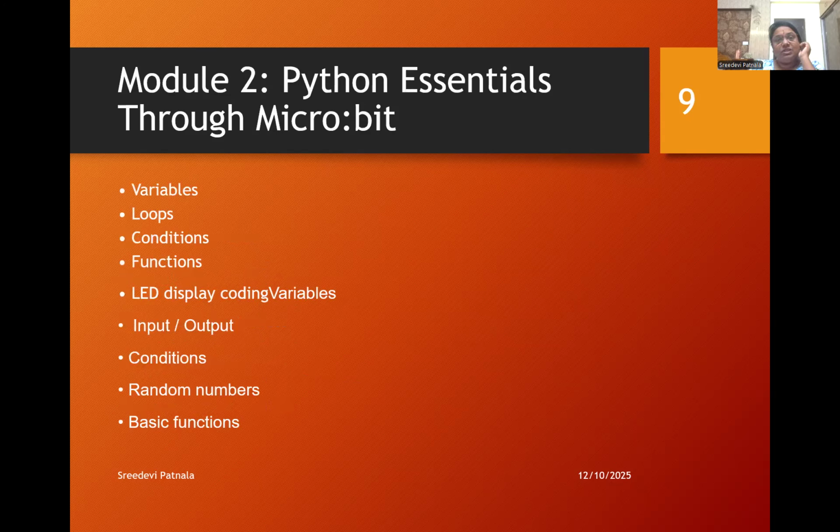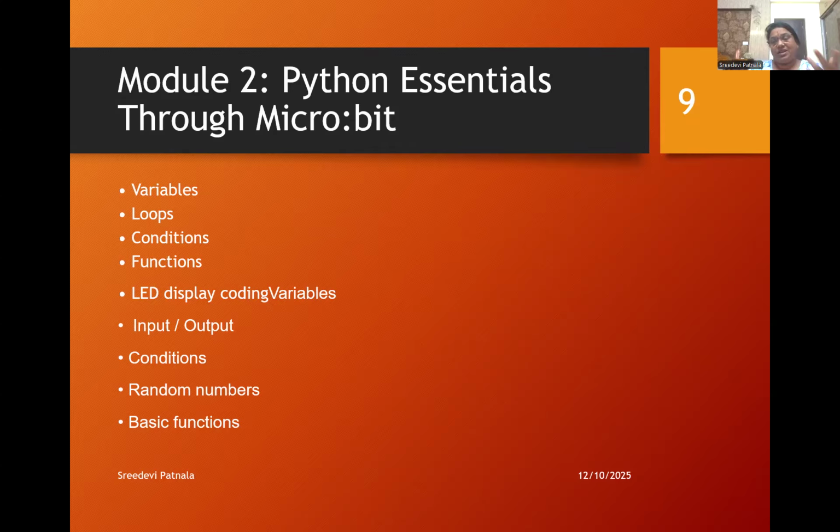The second chapter is similar to your Python course. When you want the same light to be on multiple times or something like that, you start using loops, variables, and conditions, whichever are there in Python programming as in a fundamental course. So those will be part of this course as well. Only certain commands will be different: display code, coding variables, what input and output statements you have to use, because they differ from regular Python. And how do you give conditions, if that condition happens only, or what should I do, and random numbers, how do I display,